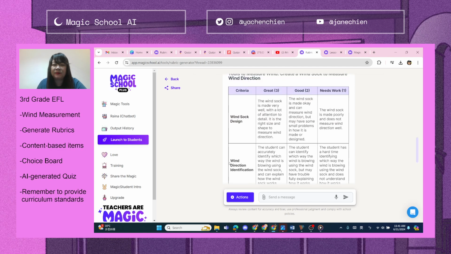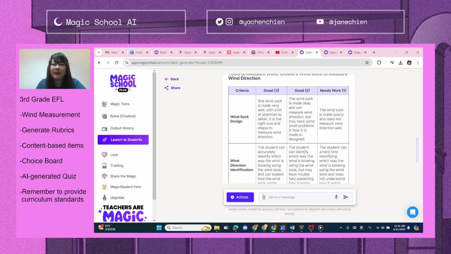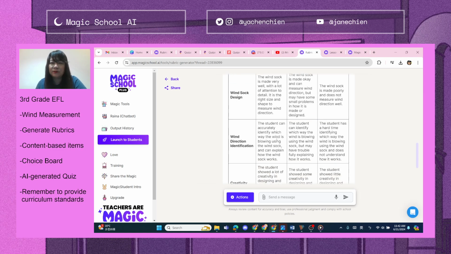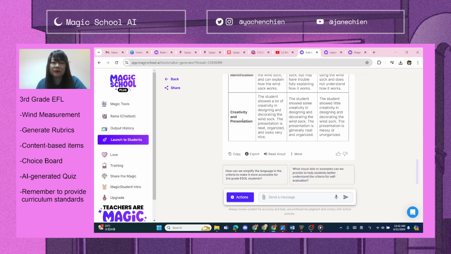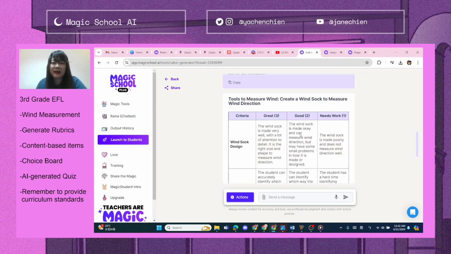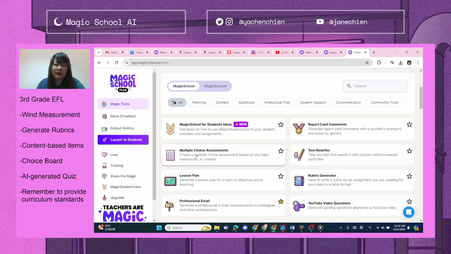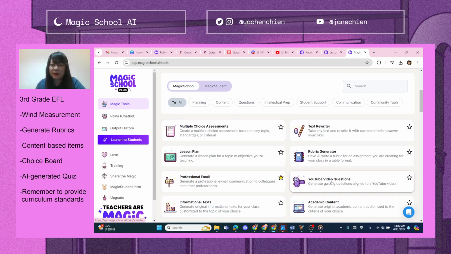Let's see, wind direction identification: the student can accurately identify which way the wind is blowing using a windsock, and can explain how the windsock works. Okay. Windsock design: the windsock is made very well with a lot of attention to detail. It is the right size and shape to measure wind direction. So, pretty good. Creativity and presentation. So you can see that a rubric can be easily created using this tool, and we can explore other